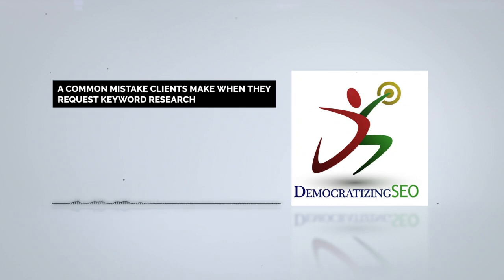When carrying out keyword research, there is a certain level of understanding one has to have. An understanding of the business, an understanding of the website, an understanding of the audience the business wants to attract. When you commission a keyword research project, you've got to ensure that the SEO is aware of these three things, at least these three things. This set of information can drastically change the terms that are researched. For example,